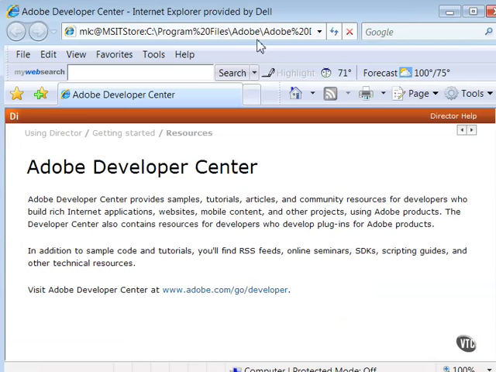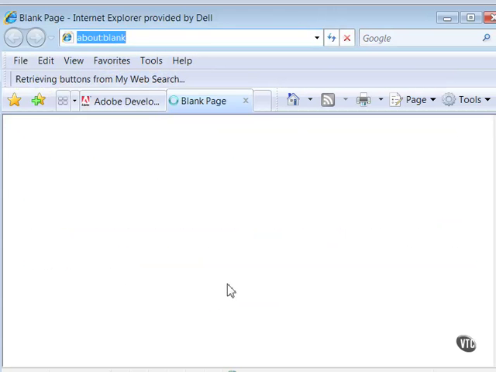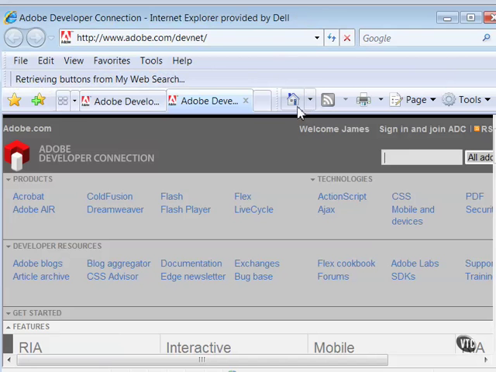As part of Director Help, you've also got the Adobe Developer Center. It provides samples, tutorials, articles, and community resources for developers who build rich internet applications, websites, mobile content, and other projects using Adobe products. The Developer Center also contains resources for developers who develop plugins. You can visit the Adobe Developer Center here, www.adobe.com/go/developer. Here you'll find support for a variety of Adobe applications, but if you do a search for Director,